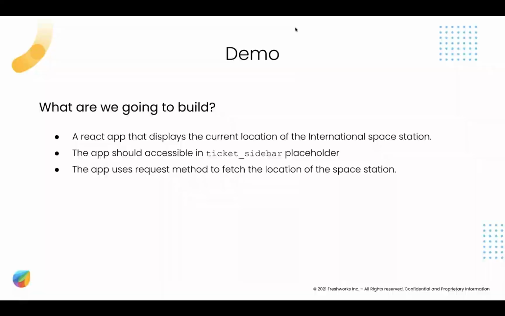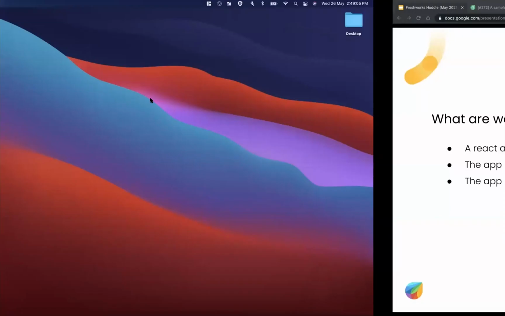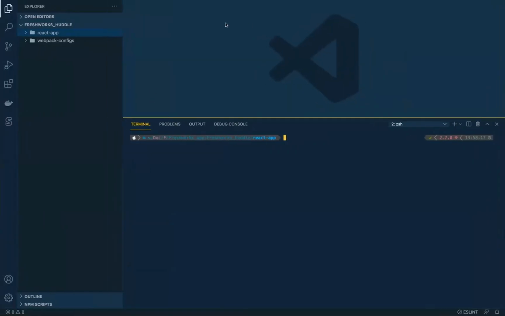Okay, so I am going to share my Visual Studio Code now. I am going to share the desktop completely so that we could. Just give me a second. Let me figure this out. Okay, so let me know if you guys can see my screen. Can you guys see my screen? Yes, sir. Okay.